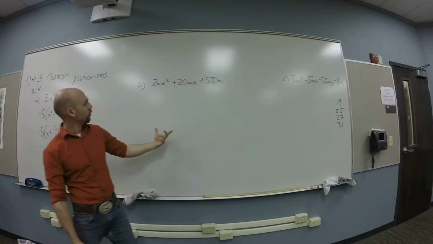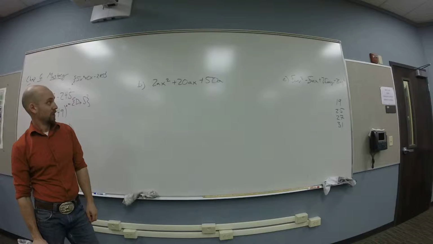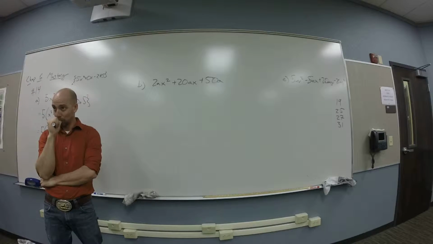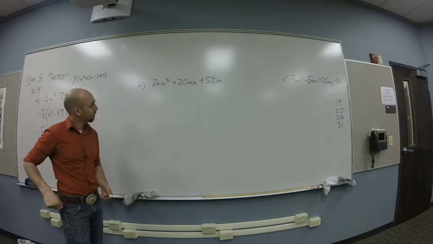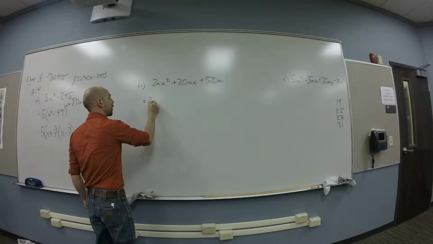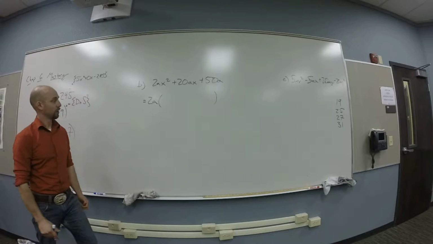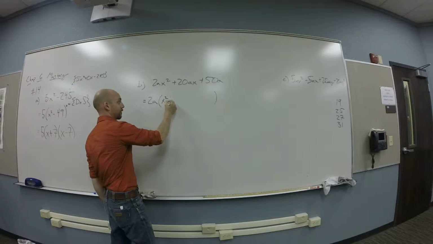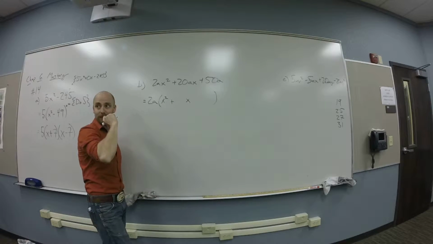I've got 2ax squared plus 20ax plus 50a. What does this feel like? There's the common factor of 2 and a. Okay, I can pull a 2a right away. Okay, so I pull a 2a. What am I left with? X squared plus, how many x's? 10. 10 x plus,